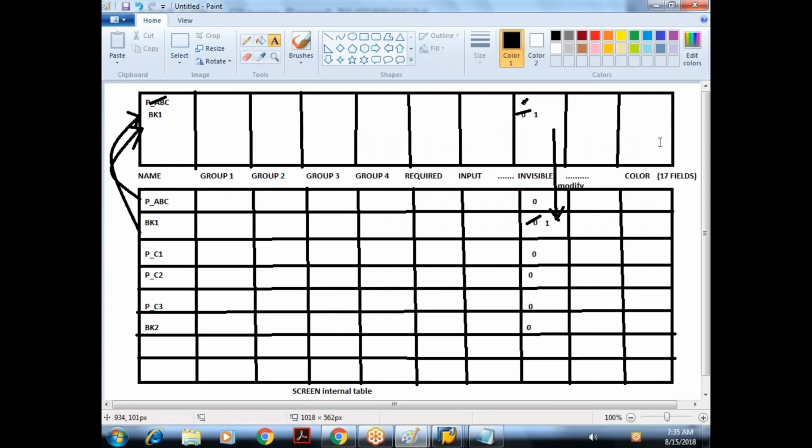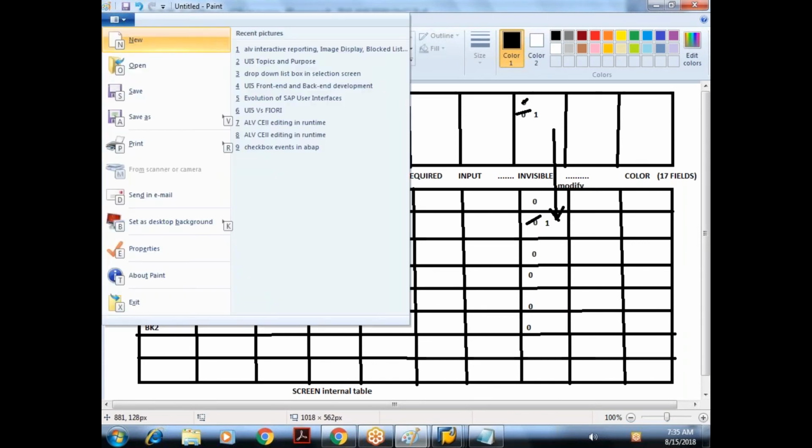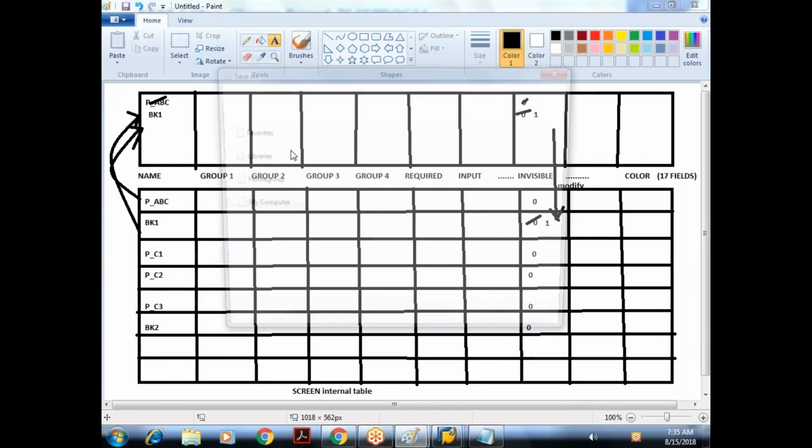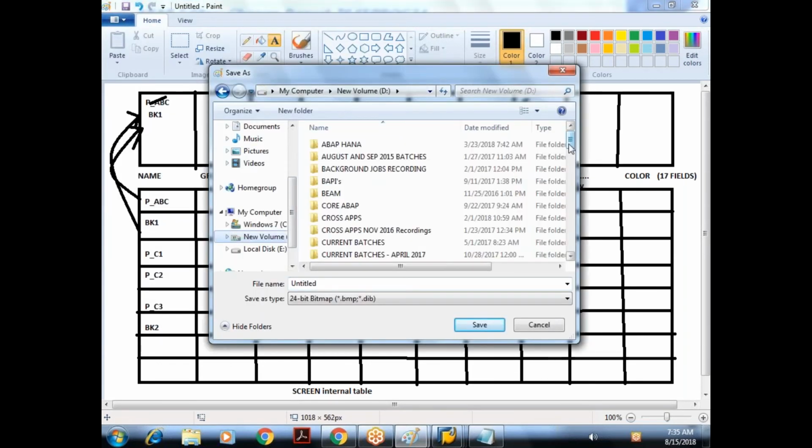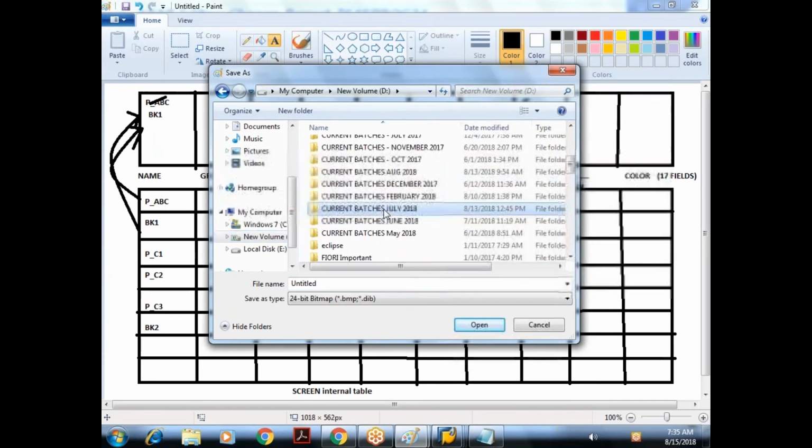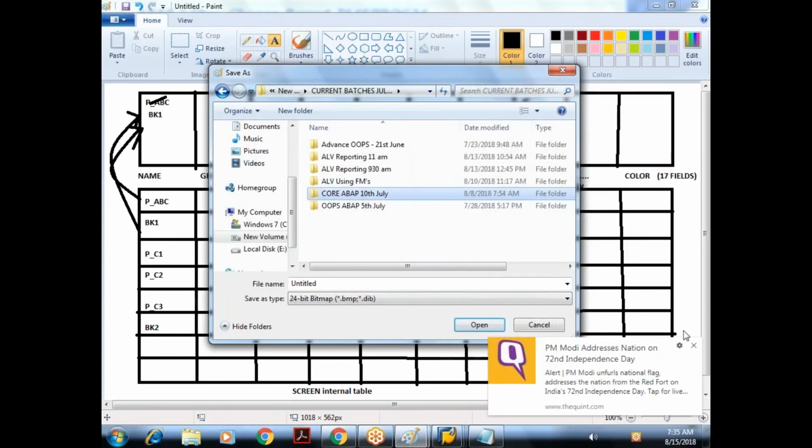By iterating that screen internal table, we can control the appearance of the screen. Means I can make the screen elements visible, invisible, enabled, disabled, all those things. So this internal table will be available during the execution of what? Every program.